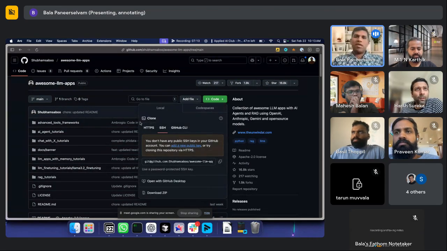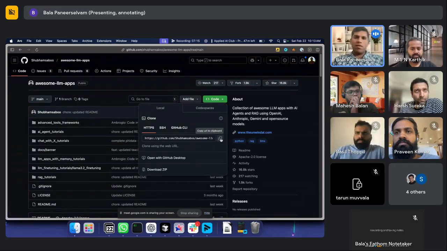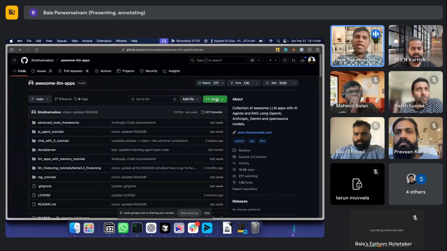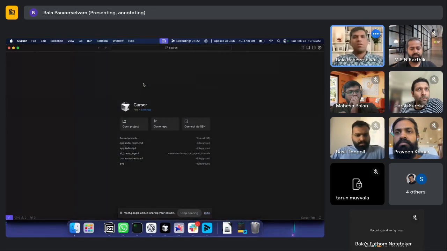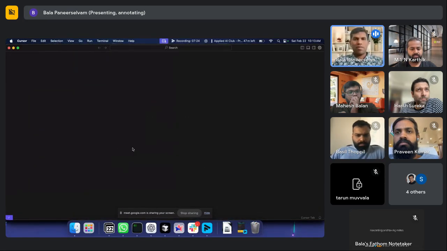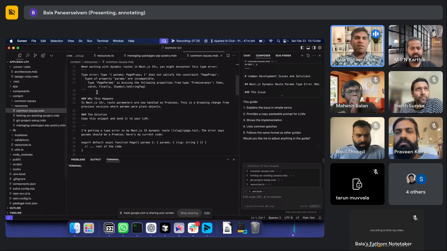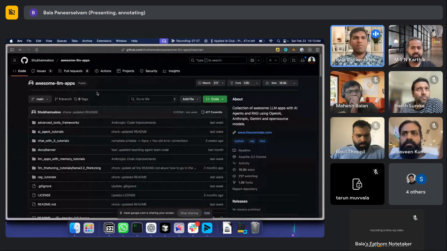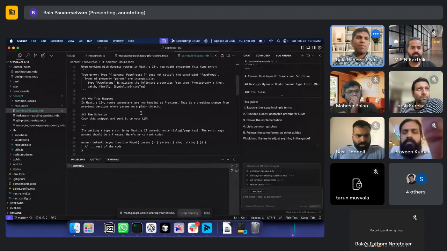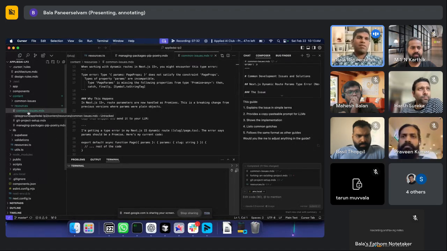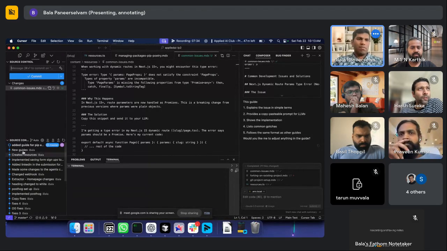So the easiest way is just copy this URL and clone it. This is also something I recommend because of the advantage of Git. For example, this is a project for our landing page. If I change anything, I can just check in and push the updates